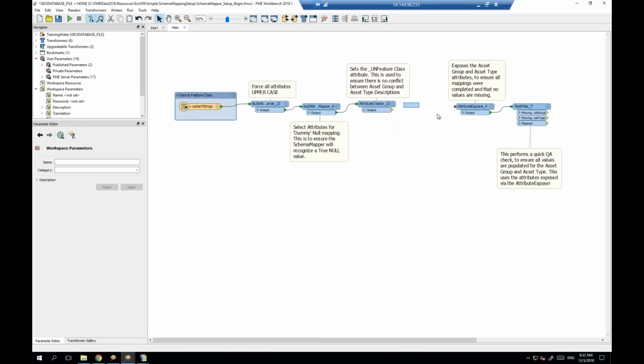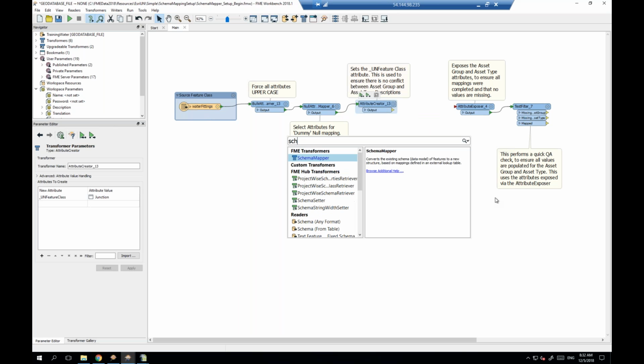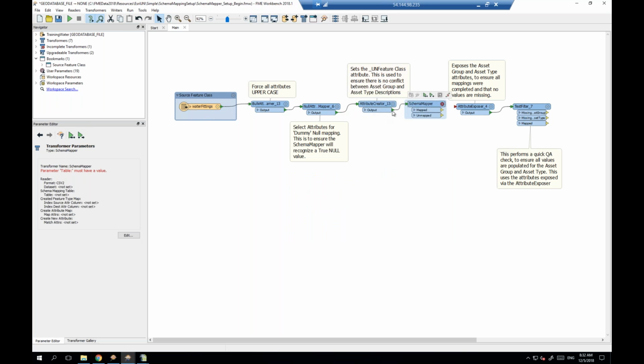Now this is where we'll add a schema mapper. If you select this attribute creator 13 and then start typing schema mapper, you should have a little dialog box that pops up with the transformers, and you'll want the schema mapper. You can either just click it or hit enter, and that will connect it to the transformer that you just had selected. Now here's where we're going to set it up. So if we just open up that schema mapper,